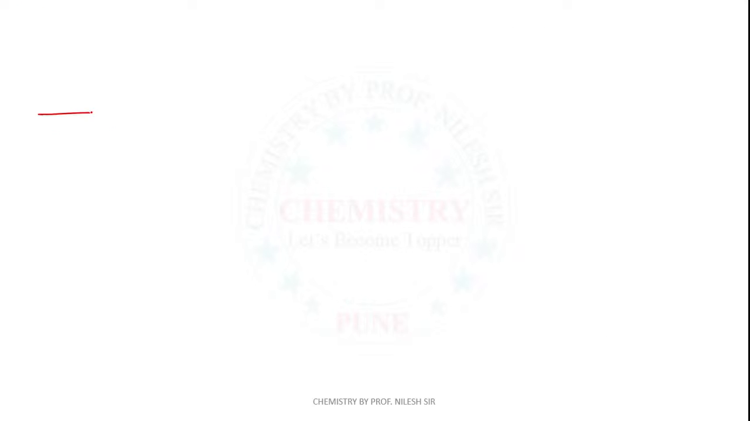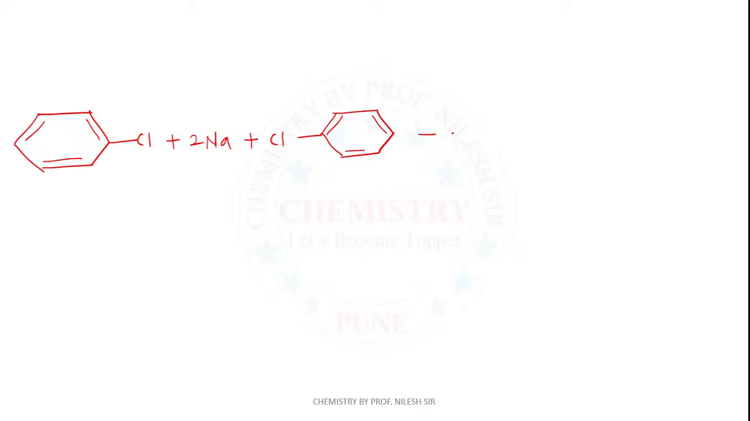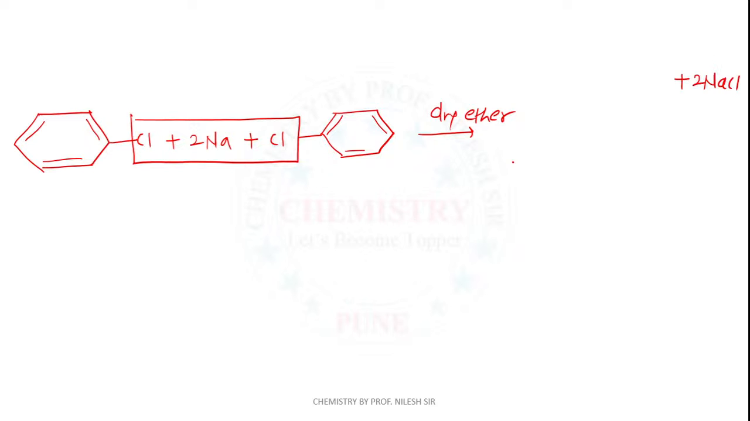Then this is chlorobenzene. Benzene ring, chlorine, plus twice sodium metal, and plus Cl, again benzene ring. This is taken twice in the presence of dry ether. So what is the product? Cl and Cl is removed, plus twice NaCl as a byproduct, and the two benzene rings are attached